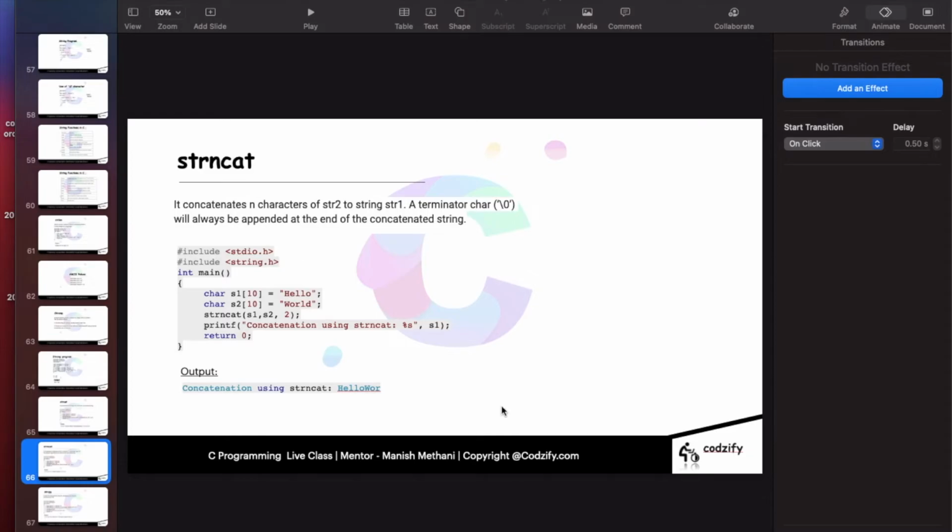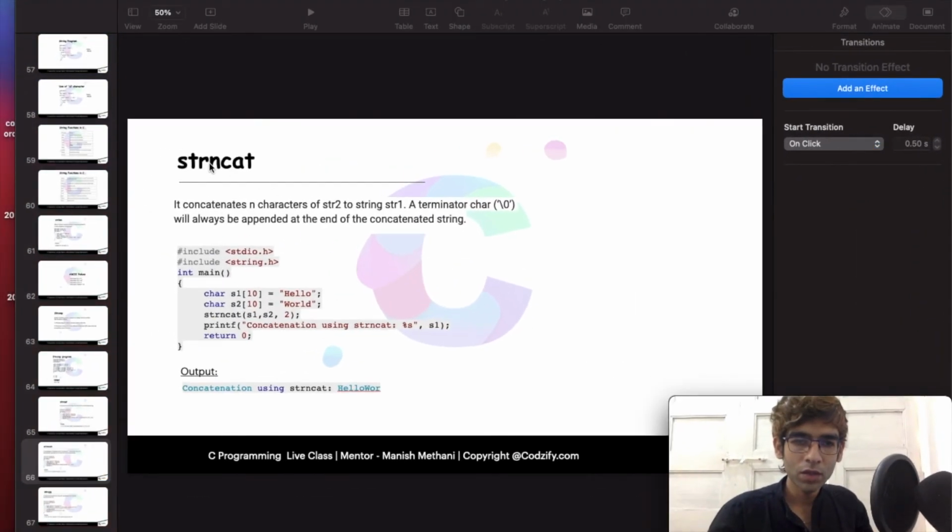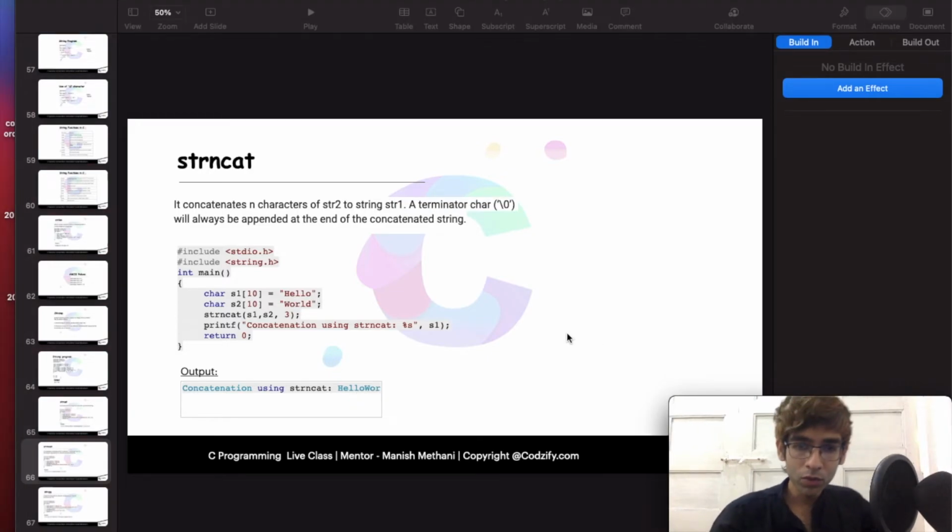Like this we have another function, strncat. It works similarly to strcat, which is used to combine the two strings hello and world, but here we combine only two characters. Okay, hello, and from the second string the first two characters, wo, like this. If I write 3 here, it will combine hello and wor, like this. And one more thing, to print any string we use %s as a format specifier.